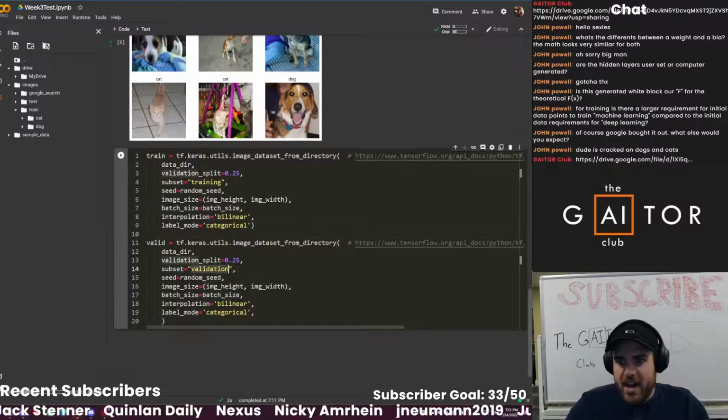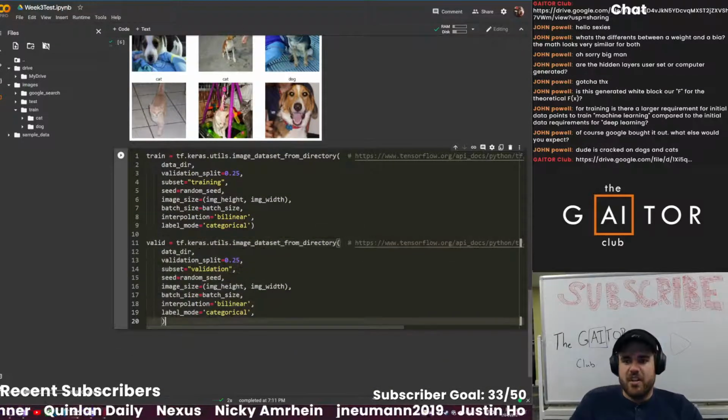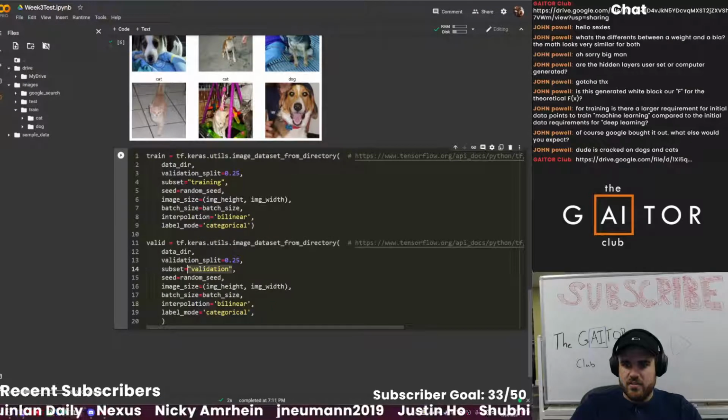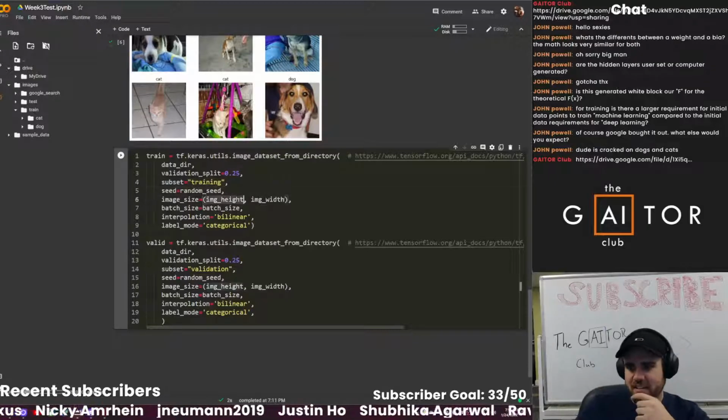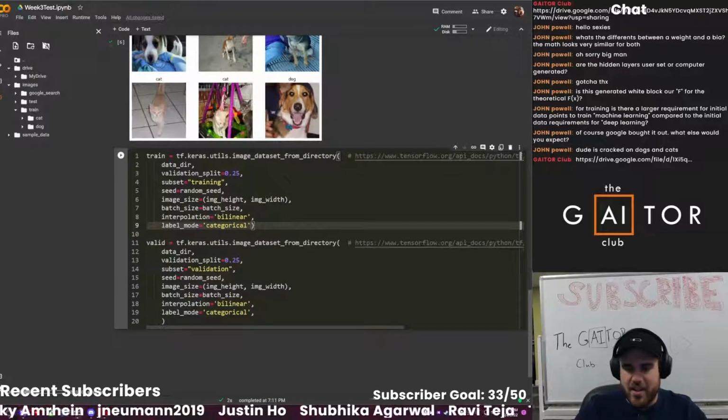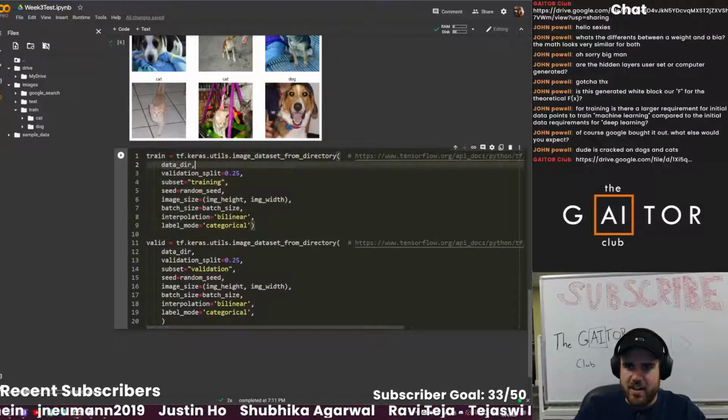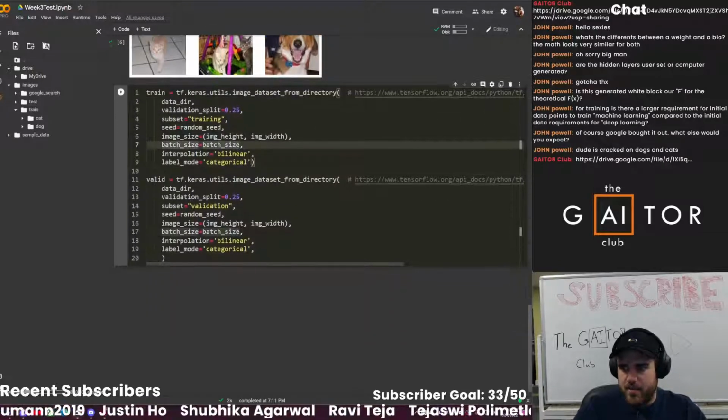Here, we would have to make 2 different variables. One's a generator for the validation, and one is a generator for the training, which is wild. We could just create 2 generators that easily from our data, but it's true. And essentially,